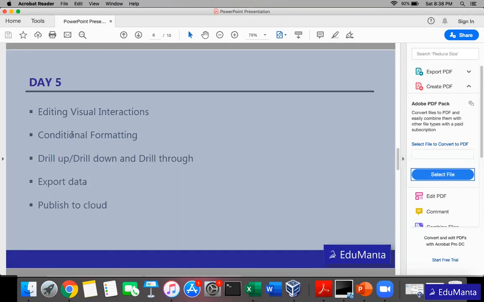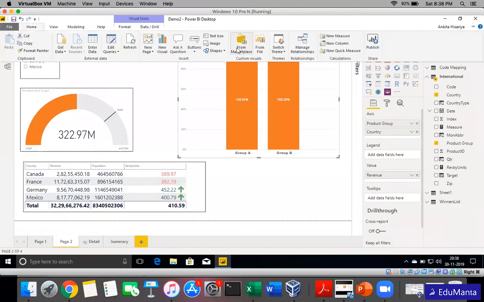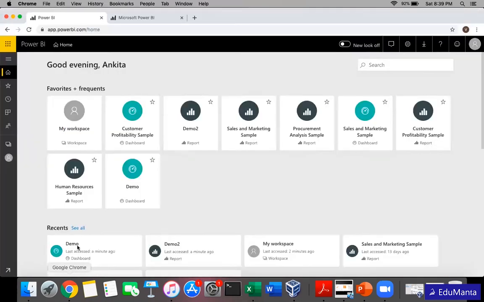See, it can be done. One is, suppose you are using Desktop only, then obviously there's a manual option: if anything has changed, just click this refresh icon, and it will bring everything from the source. That is a manual process. Now you are talking about automated refreshes, which I can schedule. That is possible using a gateway, if your source is an online source, for example, I was taking website data.